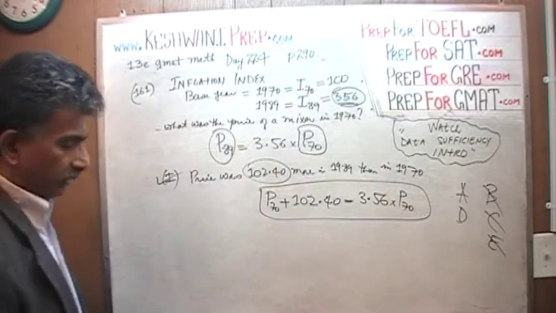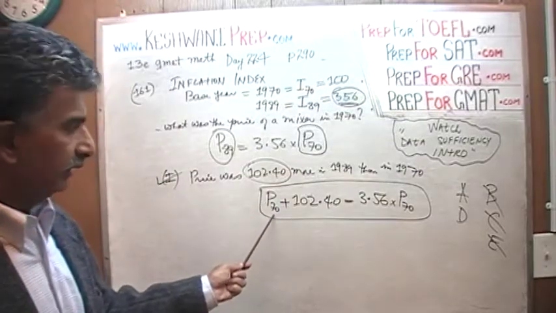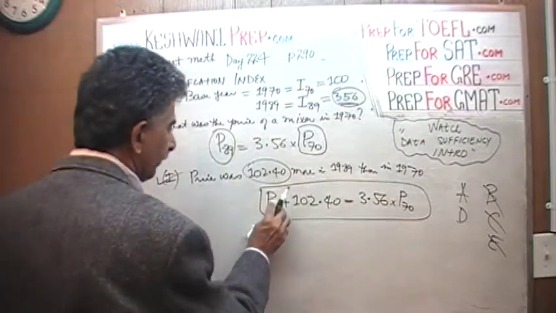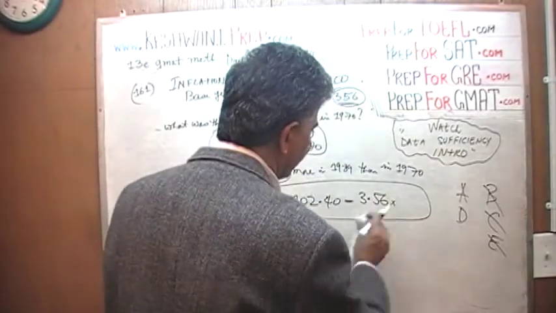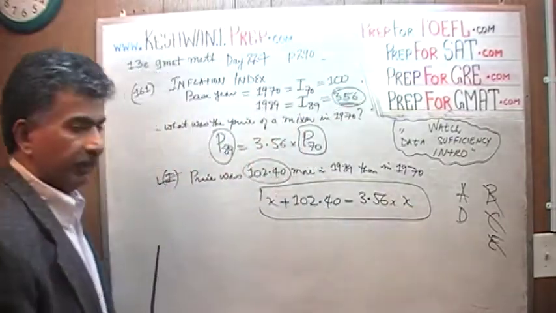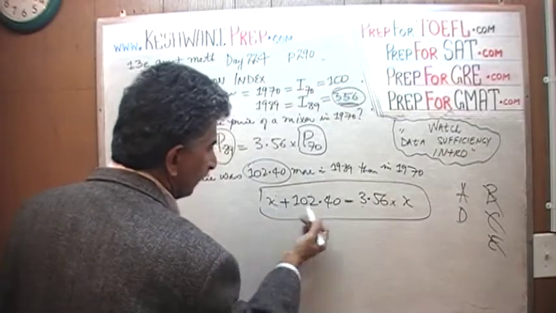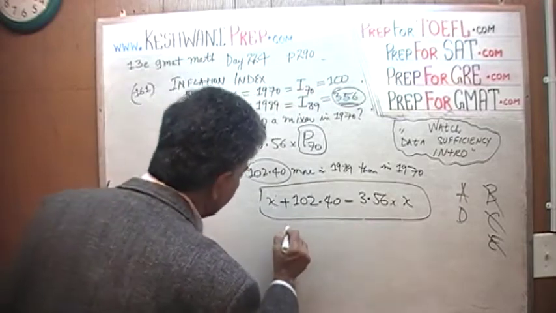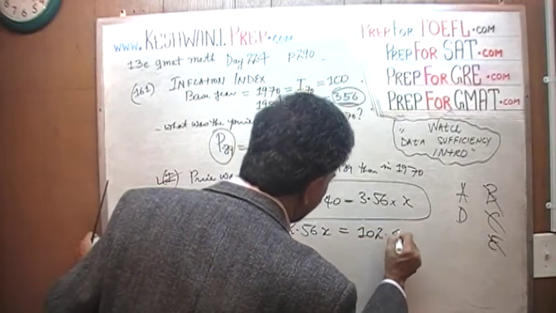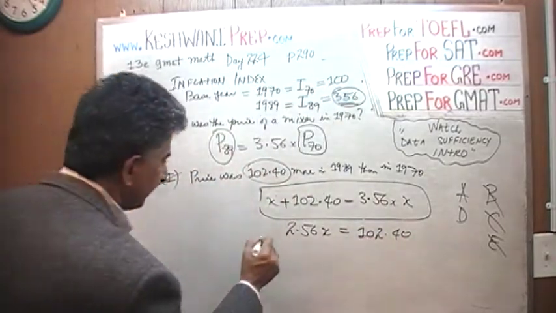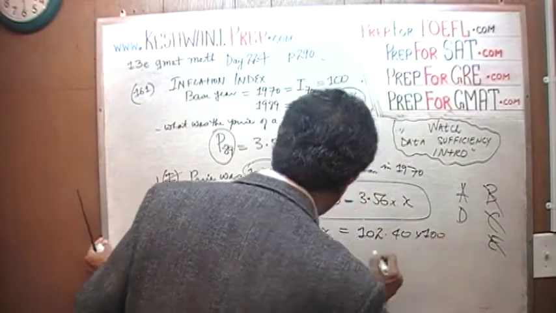And if you don't like this notation of P with subscript 70, you can very easily replace it with the traditional notation of x, if it makes you happy. So, if you subtract x from both sides, 3.5x minus x would be 2.5x equals 102.40. Multiply both sides by 100 so that we can get rid of the decimals, and you end up with